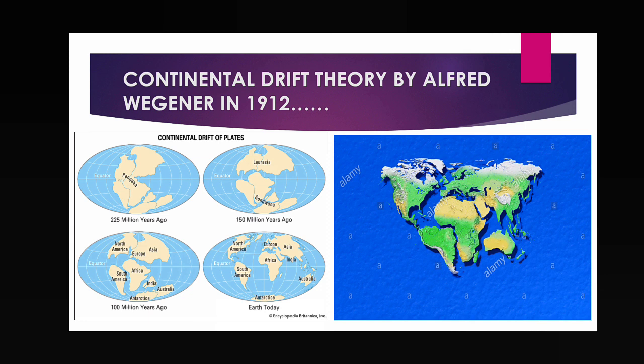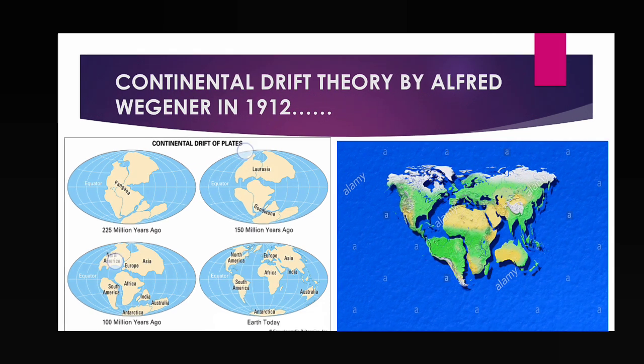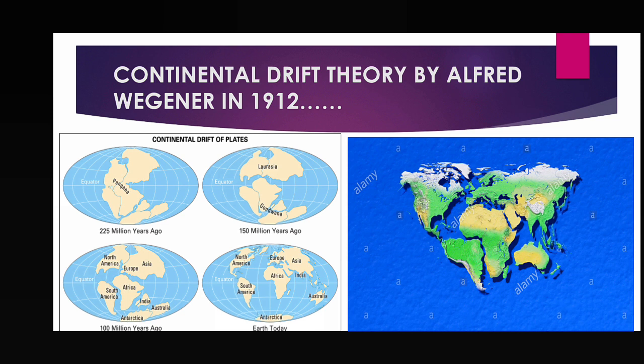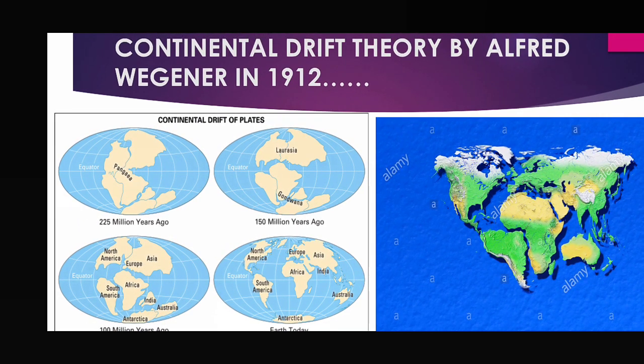So this thing will help you to understand that yes, this is the right thing, that plates are moving. Take a look, there are four globes present, and the first globe is 2 to 5 million years ago. Just compare this one, 2 to 5 million years ago, with this one, Earth today. What is the difference between them? Take a look, 2 to 5 million years ago, all the continents were together, joined with each other, and made a single continent. But now in today's Earth, there are 7 continents present.